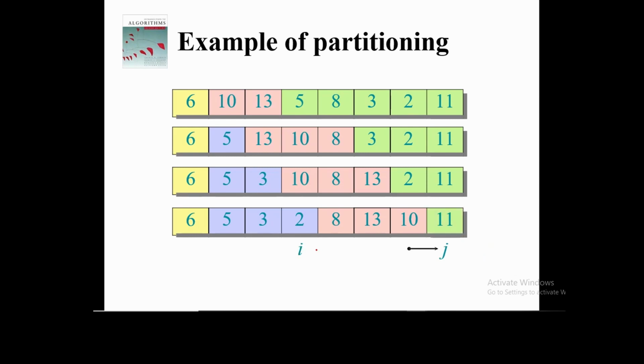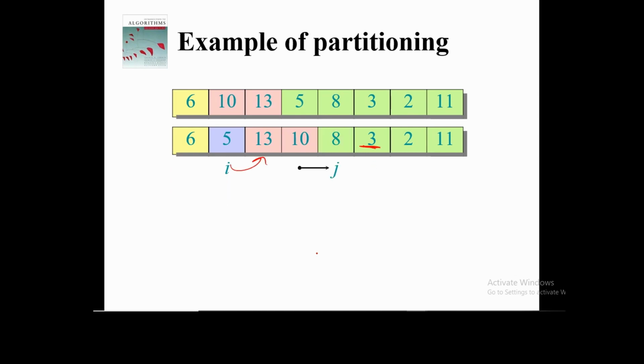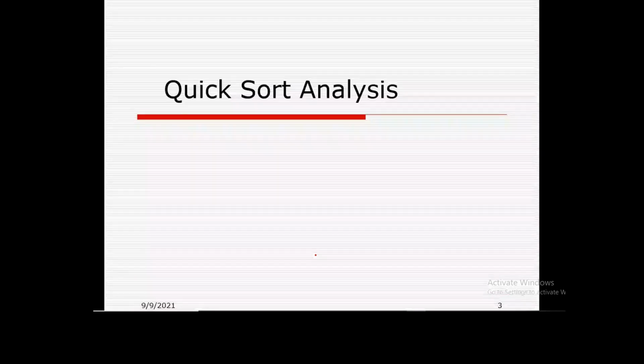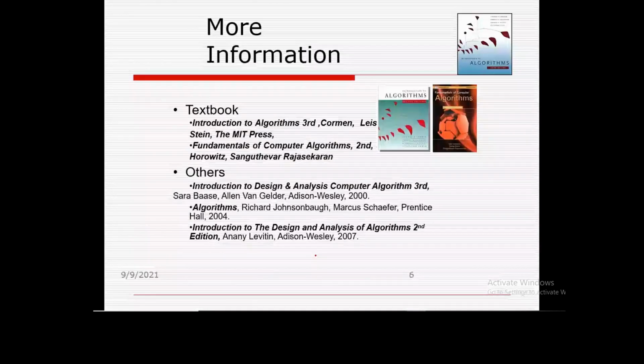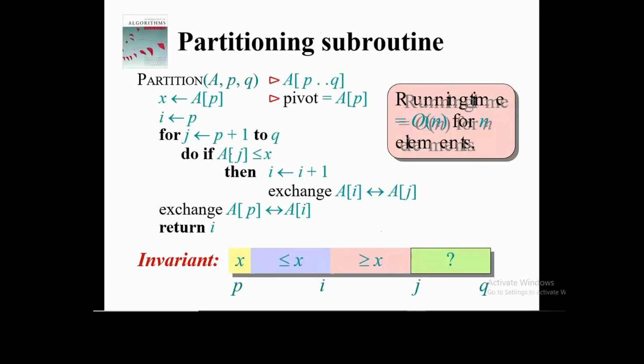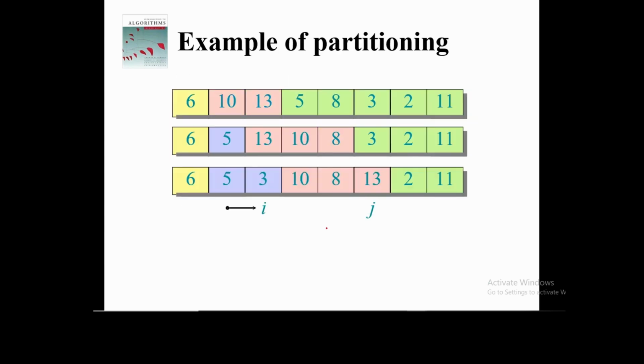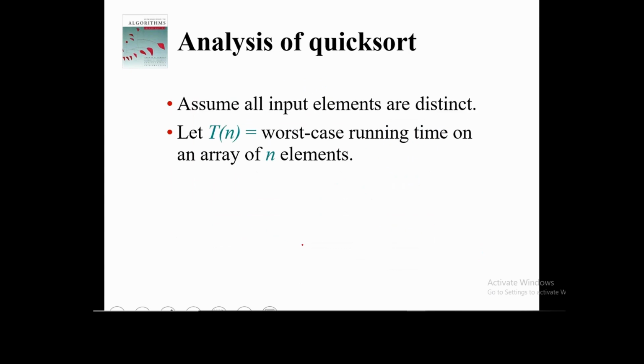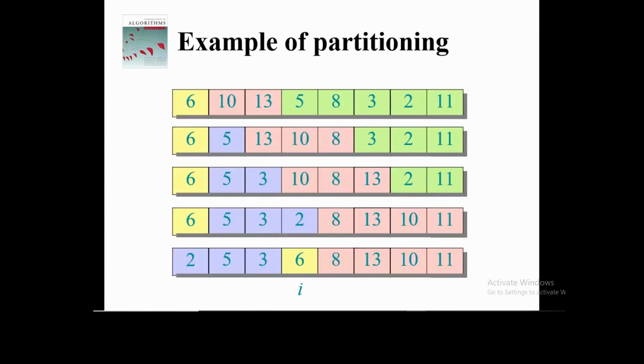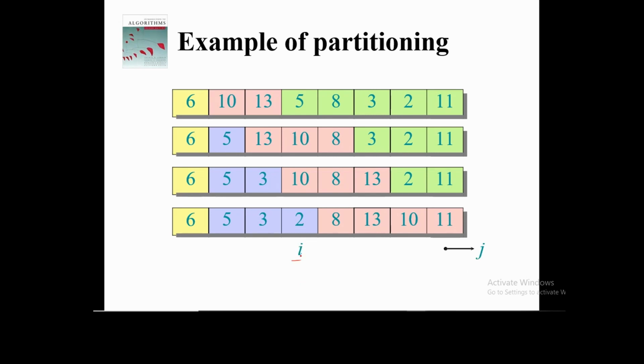A of P and A of I. Look at the algorithm we have at the beginning: when we get the position of I, then we are swapping the values of A of P with A of I. What was A of P? The pivot element. We are swapping it with A of I. Now which value is A of I? Look, this position is A of I and this is A of P. So 2 will come here, 6 will come here.